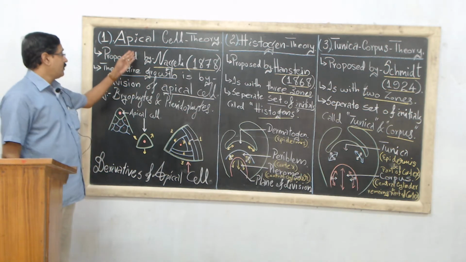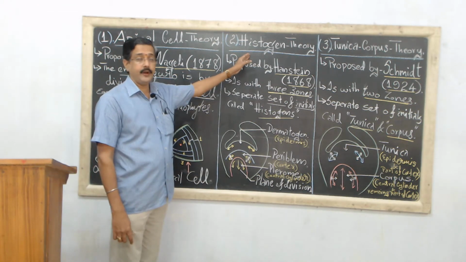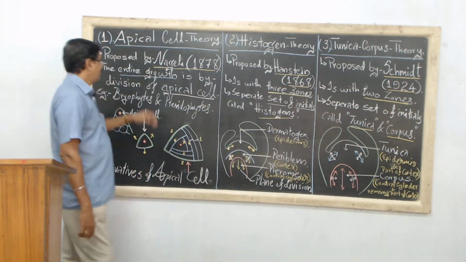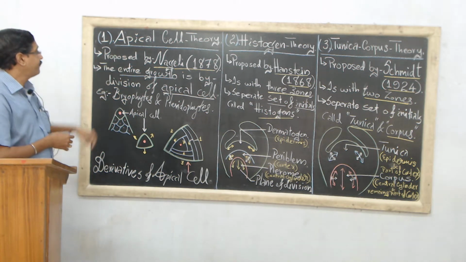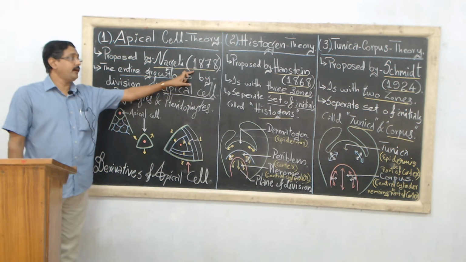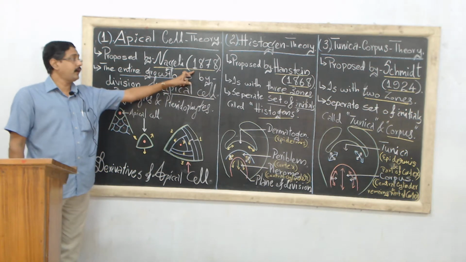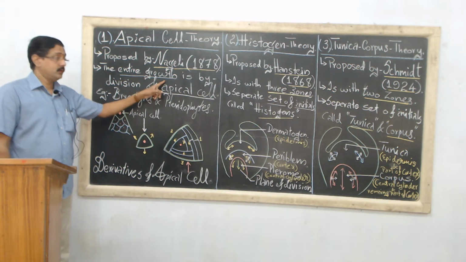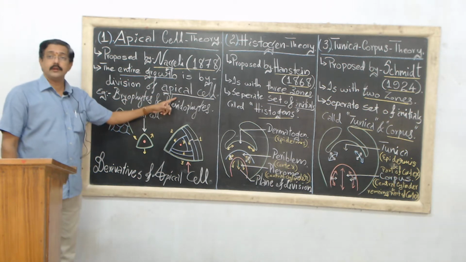The three theories are: the first one is apical cell theory, the second one is histogen theory, and the third one is tunica corpus theory. Now coming to the first one, apical cell theory. It is proposed by Nageli in 1878. The entire growth of the shoot is by the division of the apical cell,